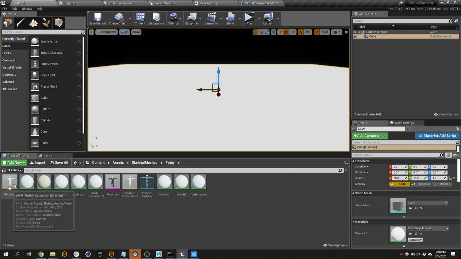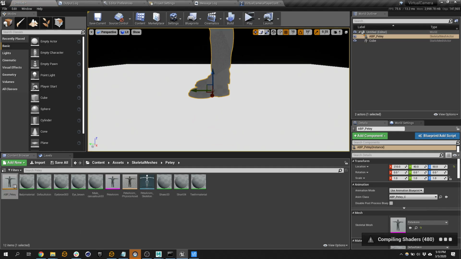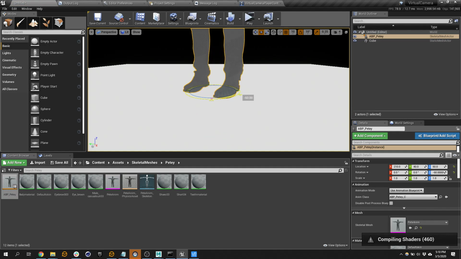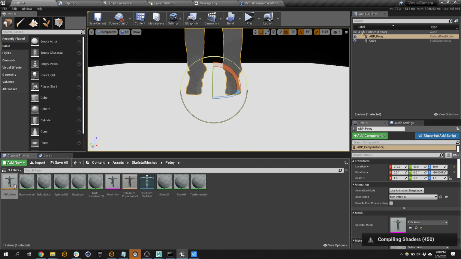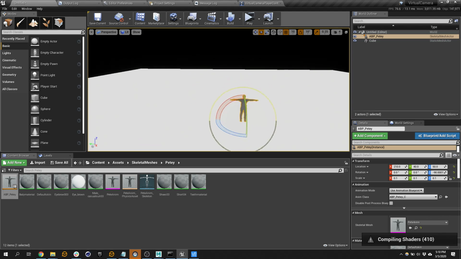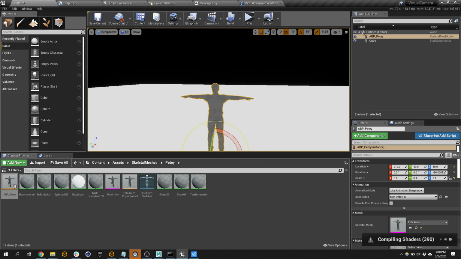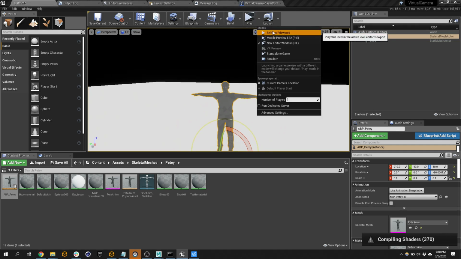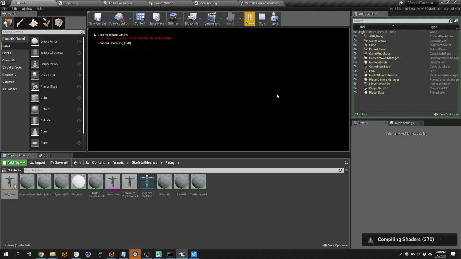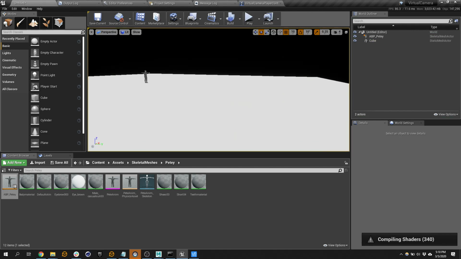You guys remember Petey? Here he is, hanging out all tall and stuff. 90 degrees. And let's make him a little bit shorter. So right now there's 0 lights in this world, and if I hit play, nothing's happening because there's no lights in the world. Once we add in our first light,